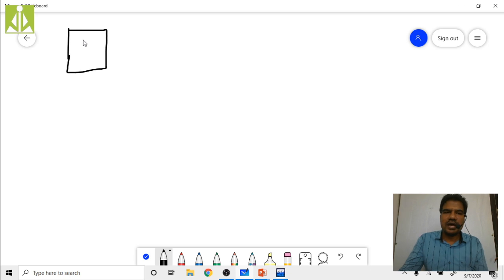Here I have a data member A, and this is my class A. To initialize this data member A, I'm using one constructor with parameter int, integer type.